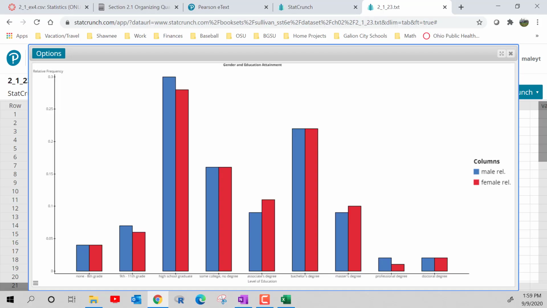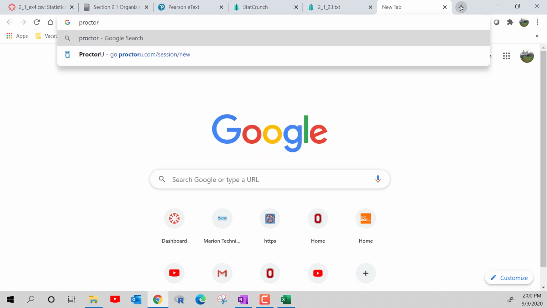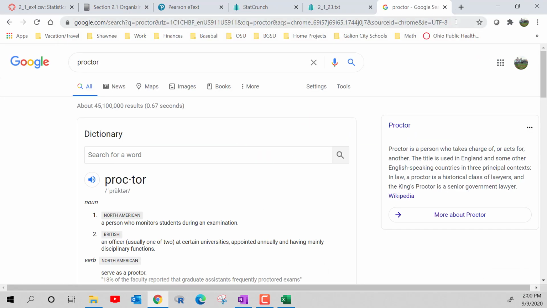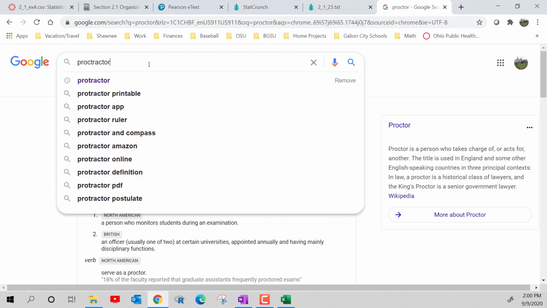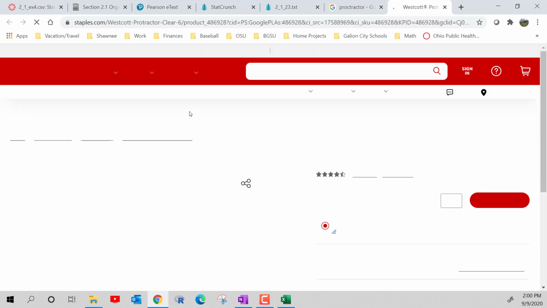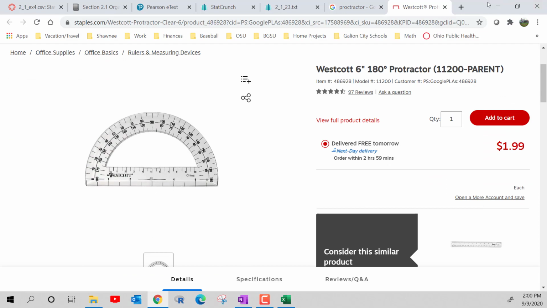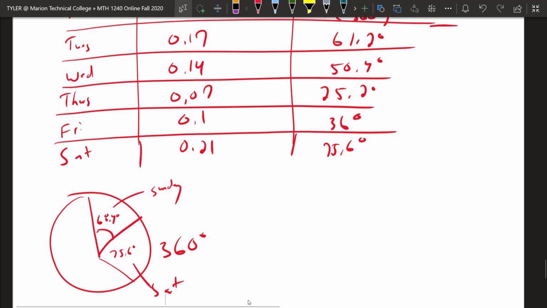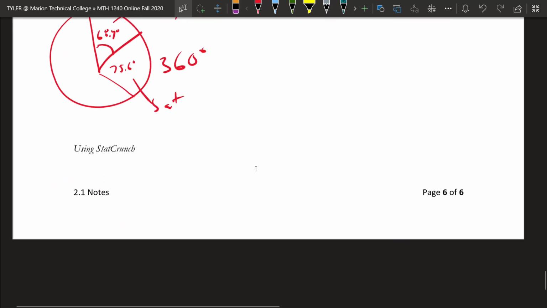If you forget what a protractor looks like, you probably used one in K through 12 to measure angles. Here's a picture of a protractor, where you can measure angles. Like I said, I won't do that entire thing by hand, but just enough so you know what's going on. And then to do this in StatCrunch,